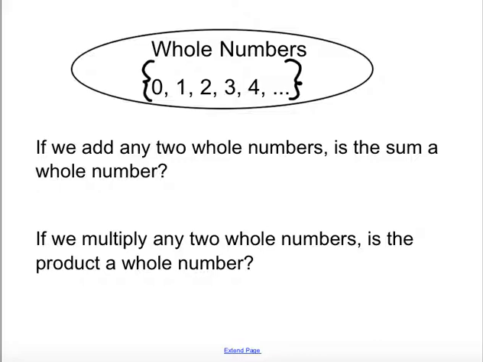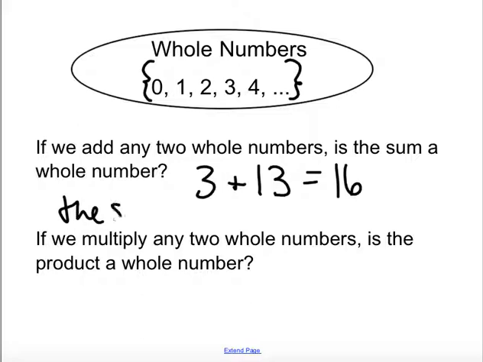So let's try an example. If we add any two whole numbers, is the sum a whole number? So we're looking at addition. Well, think of any two whole numbers, add them together. So let's say I take 3 and 13. I add them together and get 16. Well, that's another whole number. And I could continue showing you examples, and none of them would give me something outside of the whole numbers. So we would actually say that the set of whole numbers